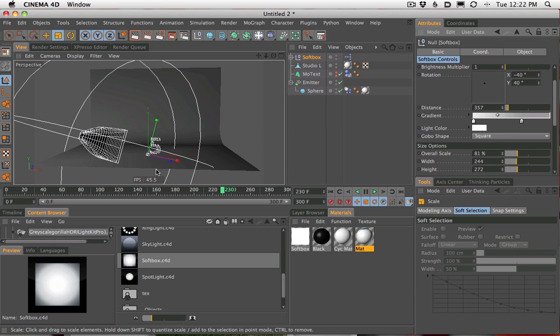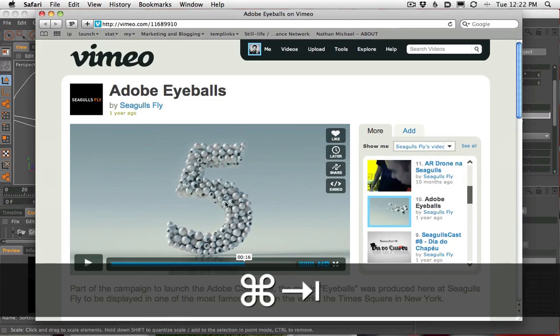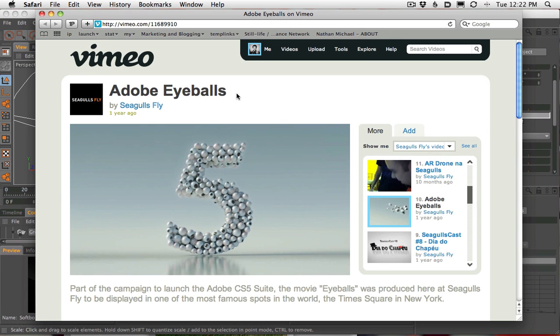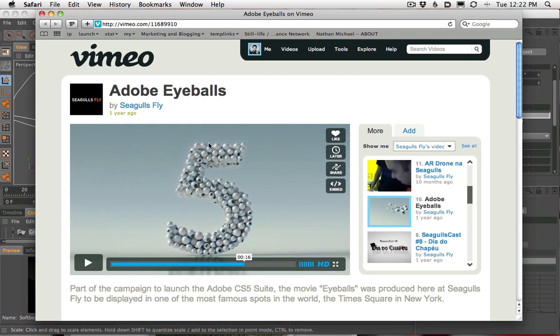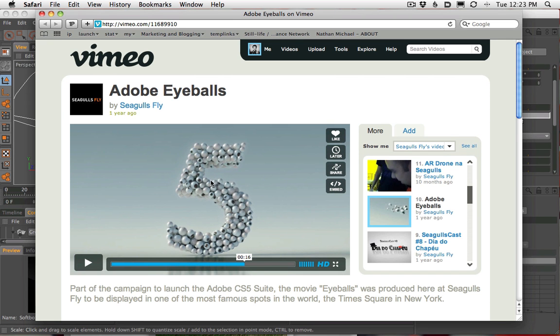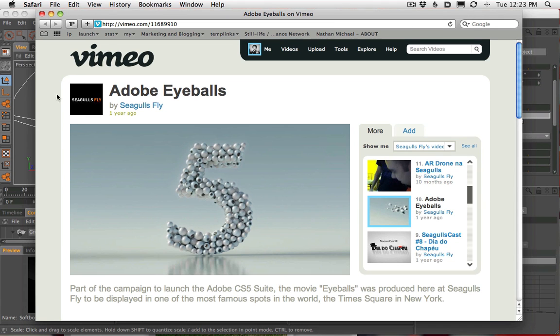I'm doing all this based on their render. I do like looking at renders and trying to guess how they lit their scene. One good way to figure out how people light their scenes is to look for two things. One is if it's a reflective object, you get a big bonus hint, because reflective objects are going to reflect the light source in the object. You can see here the spheres have this bright corner on them, which means there's probably a big softbox right up over here.